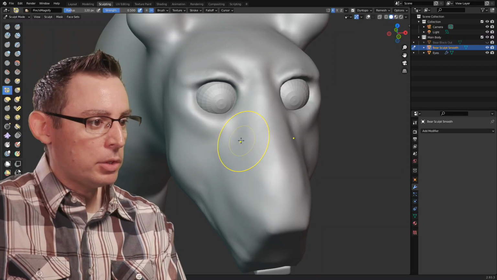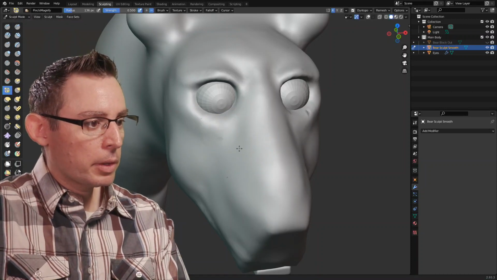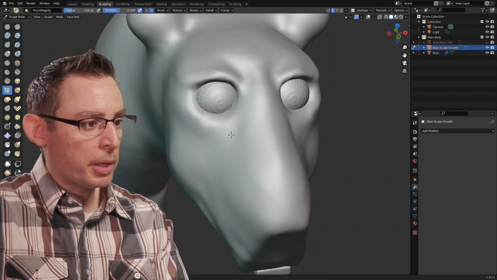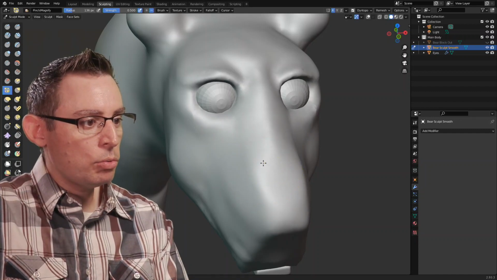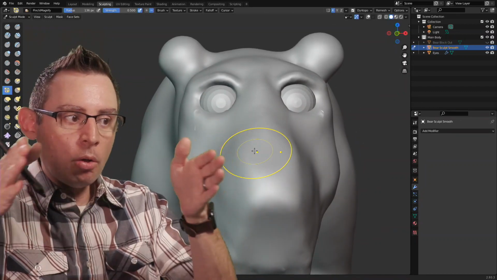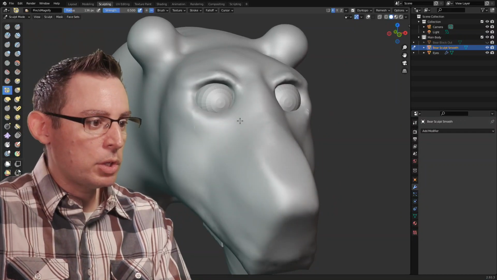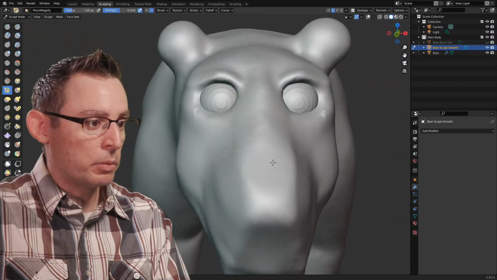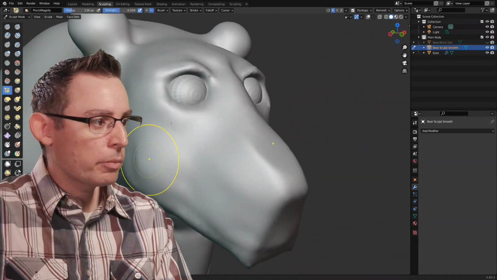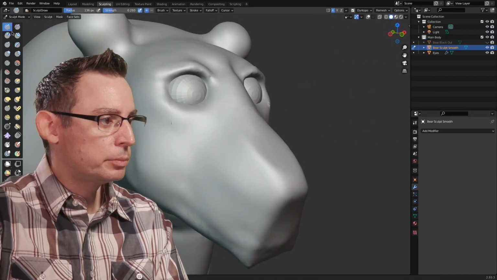Let me go back into pinch. Let's start pinching these together a little bit. Just moving my mouse up and down, and it's slowly going to start to bring all those polygons together. It's not a fast thing. I'm sure you could increase the strength if you really want to. Yeah, I'm digging it. That's cool.